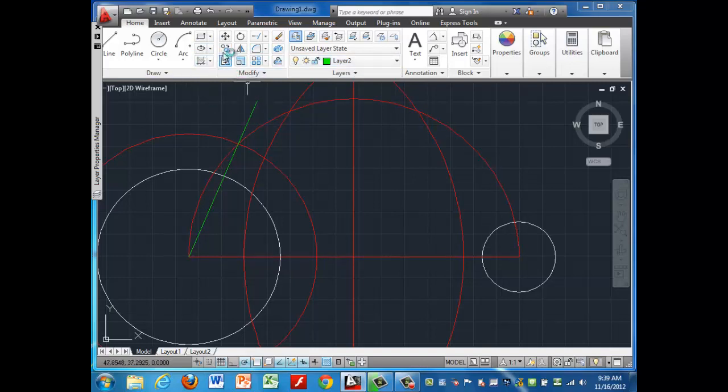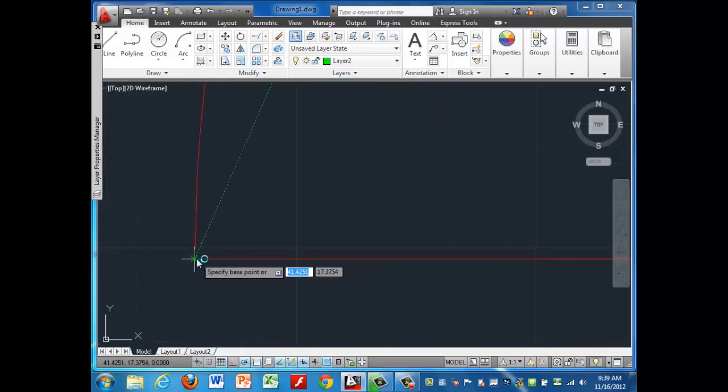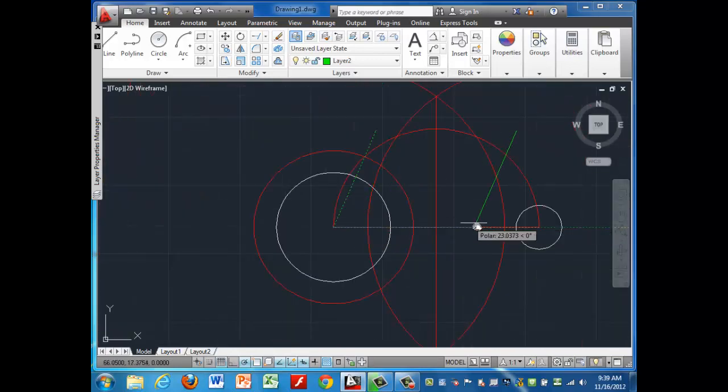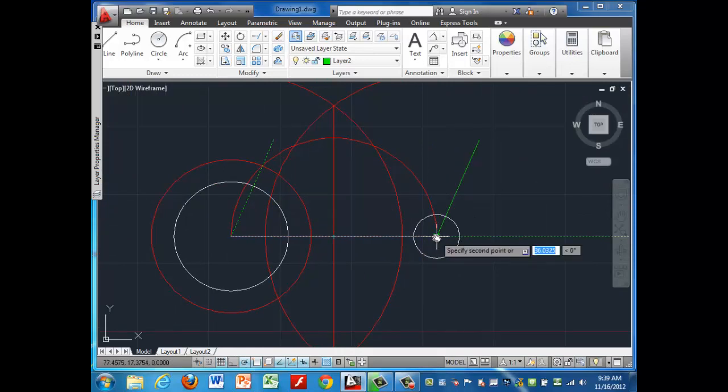So let's try that. Let's copy this line. So I'm going to take the whole thing. I'm going to copy all portions of this line. All right. Once I've selected the objects I want to copy, I'm going to right-click, and then I'm going to specify my base point. I'm going to zoom in and make sure I'm right on this base point. And here's what's cool. I can take that line, and so long as I keep it along the same line,